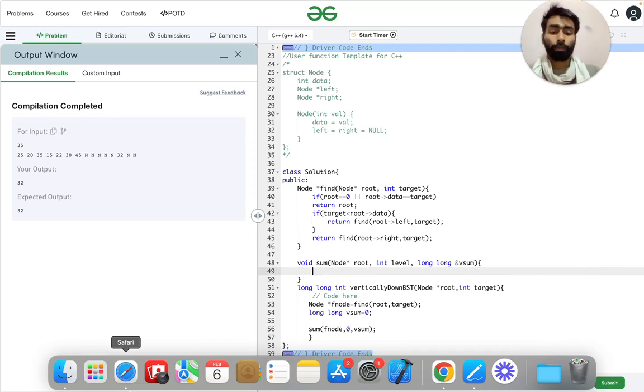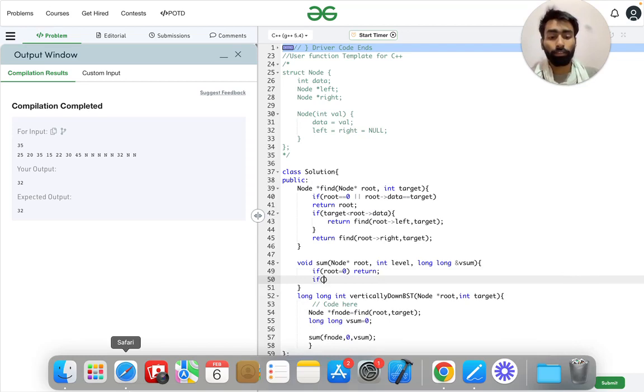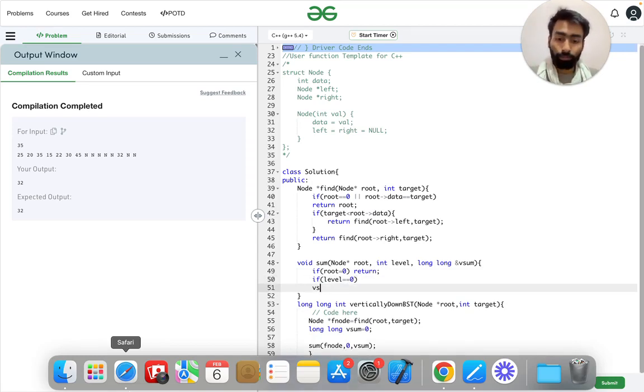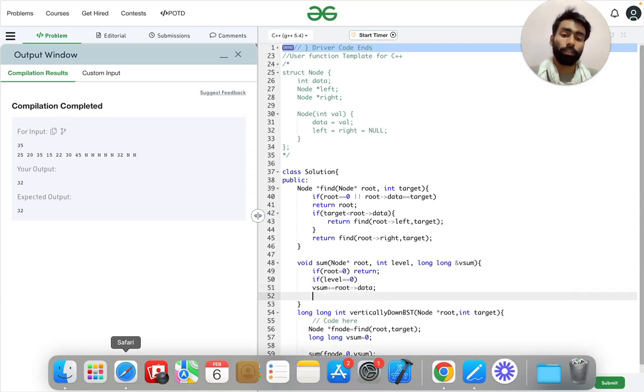Here we will also use recursion. First the terminating state, that is if the root is equal to 0, in that case we just return. And if level is equal to 0, then we add the value of the root node to the vsum that is to be calculated.